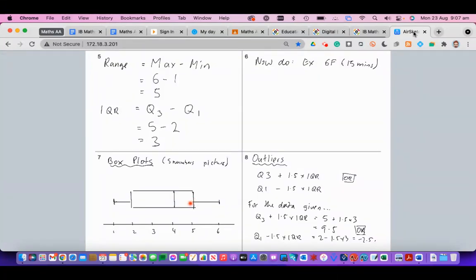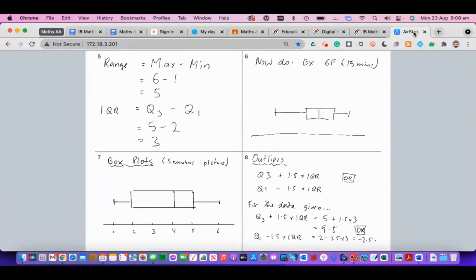So that's the interpretation there. And then my whiskers extend out so you can sort of see the full extent of my data. Now, I haven't got an example in mind, so I'm going to do a real scribbly one here to show what it looks like. If your box and whisker plot looks like this, but you have outliers,